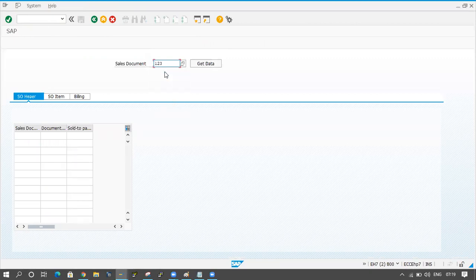This 123 number is not a proper value. So I'm clicking on get data. It is showing invalid, but I can edit the data here. I can edit the value here, change it, and get the data.